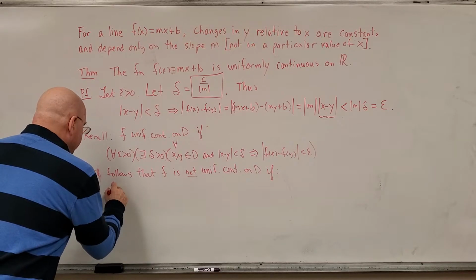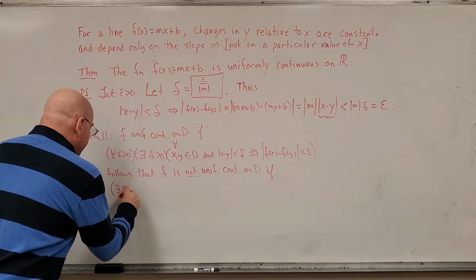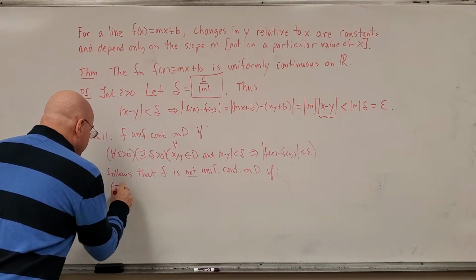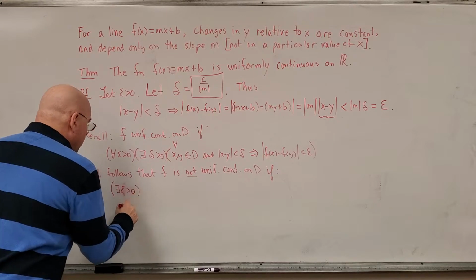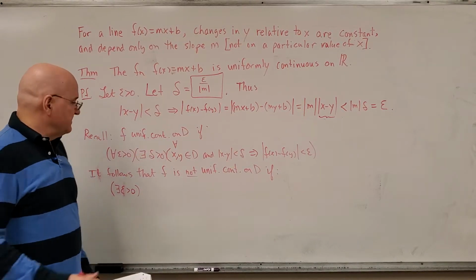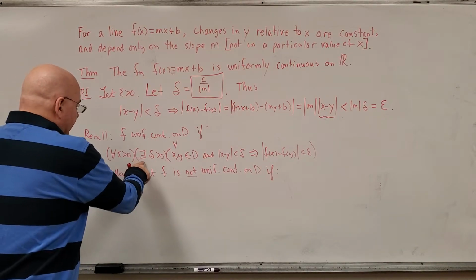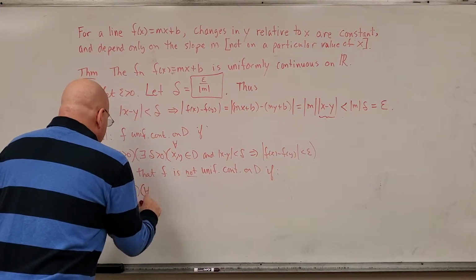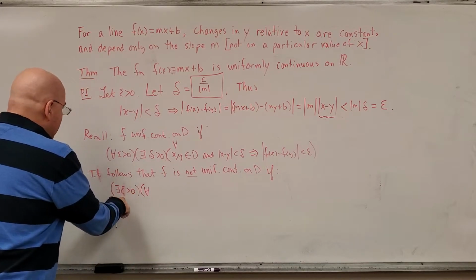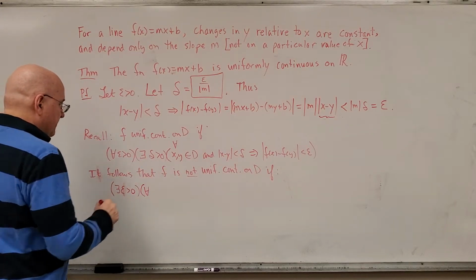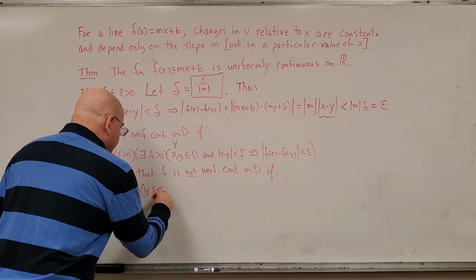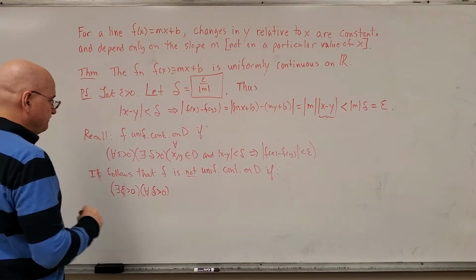So the negation will be: there exists an epsilon greater than 0 where all that fails. It doesn't work for all the epsilons. I'm going to find one where it doesn't work. For this epsilon, I cannot find a delta to work. For all delta greater than 0,